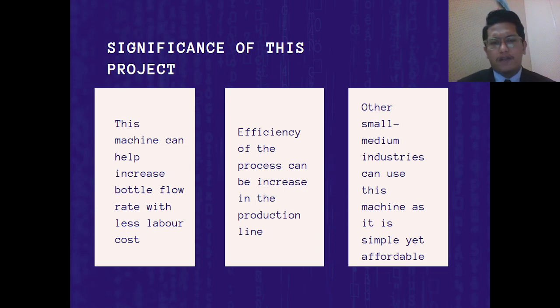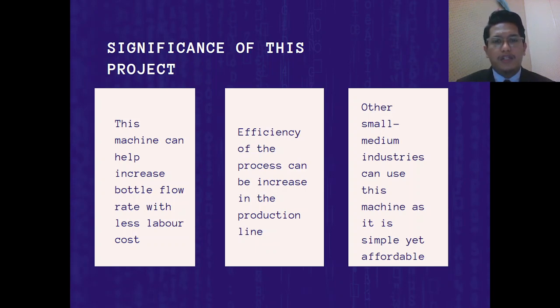Okay, the significance of this project is that this machine can help increase the bottle flow rate with less labor cost, as it uses fewer human workers, and also the program can be set in a computer to increase the bottle flow rate. And the efficiency of the process can also be increased in the production line,